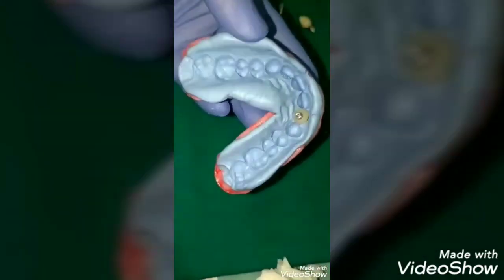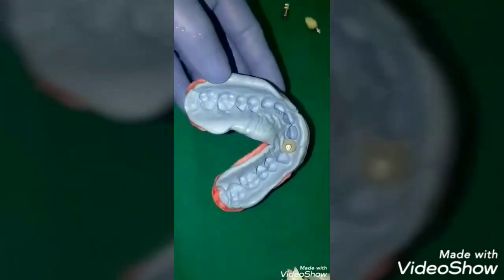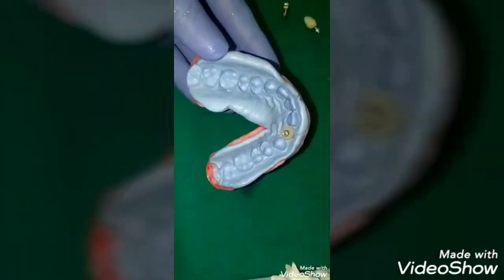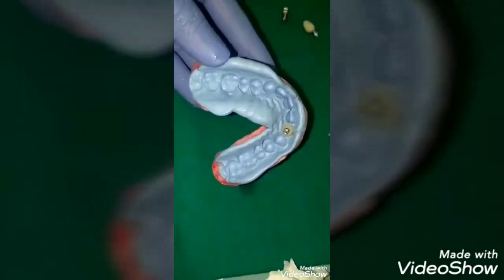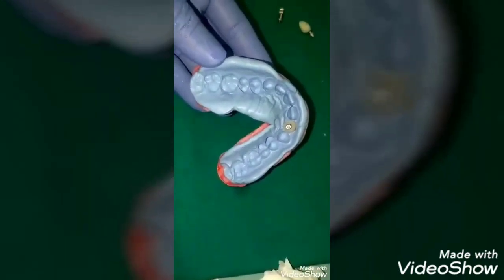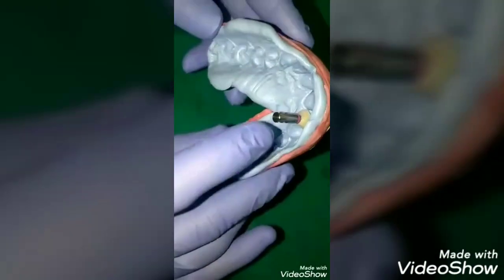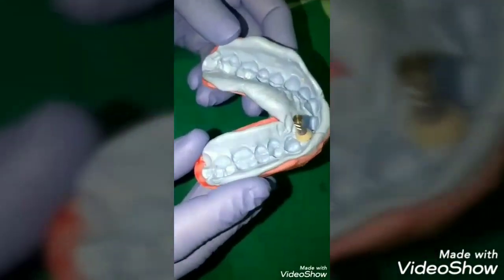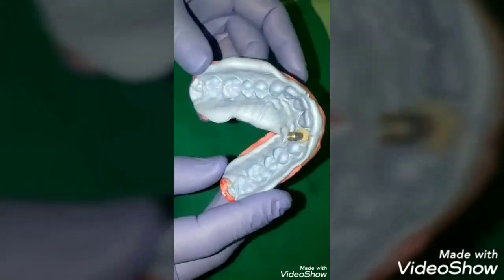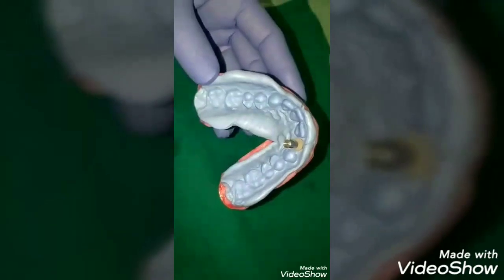So now what the technician will do is the next procedure. He will be pouring his cast with this impression post with your emergence profile intact, so that your permanent crown is going to come the way you wish to get it. See, what I did now was I attached the implant analog to the impression post, and now I'll be sending this to the lab. So now the lab technician will be pouring his cast the way I want it to be done.